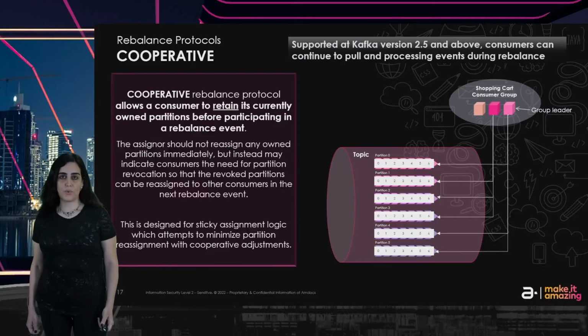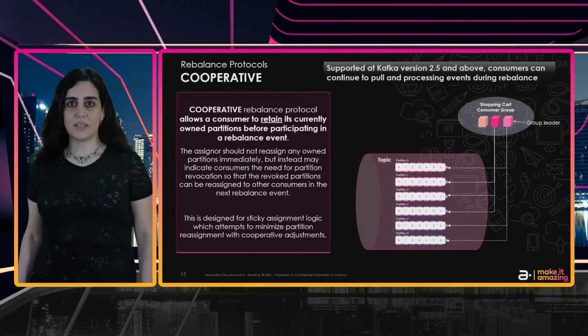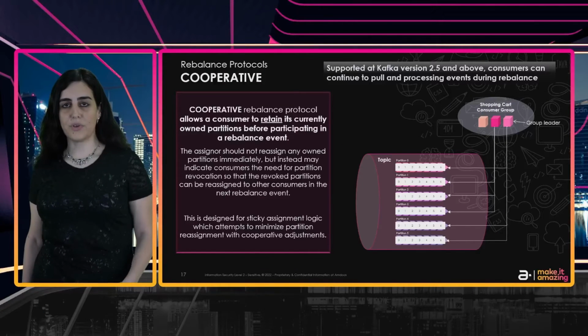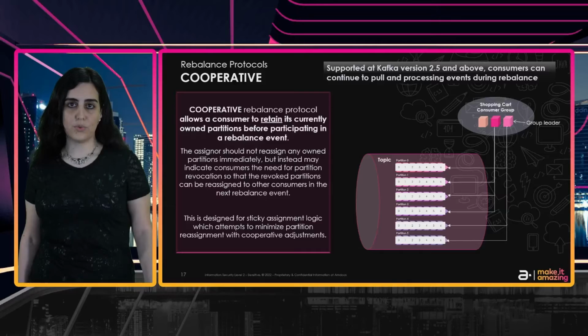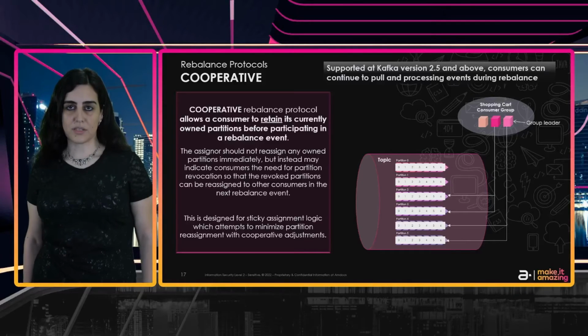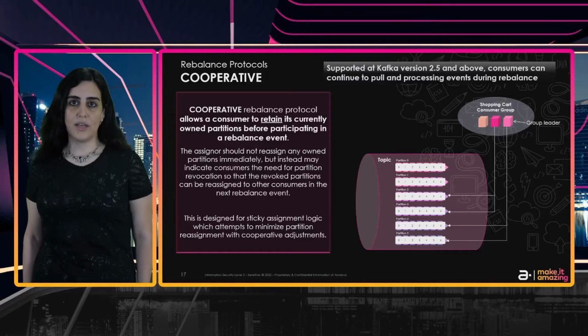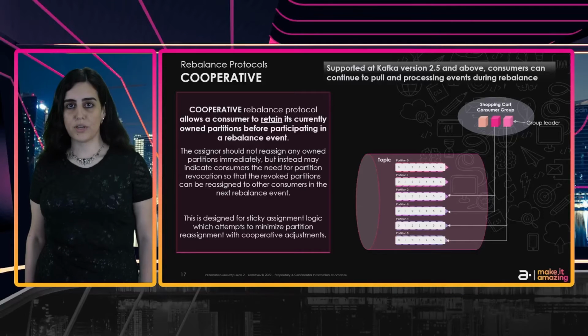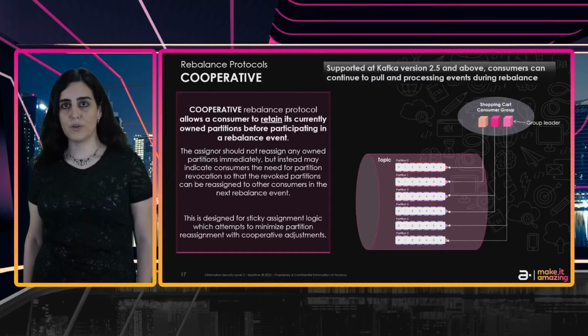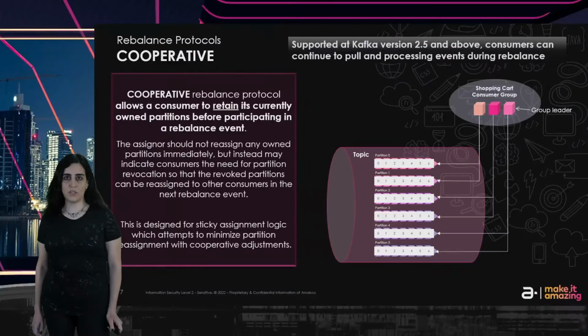And then a recalculation is done. Let's say that now our decision is that the first 2 partitions should be moved to the new joiner. So now only these 2 partitions, the first 2, are revoked by our current members. And only after these partitions were revoked, only then the new member will get the assignment of these 2 partitions. But as you can see, all other partitions have no impact, and consumers can continue to work and consume events. It's available since Kafka 2.5.